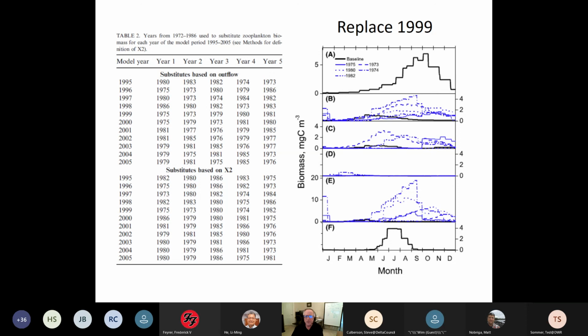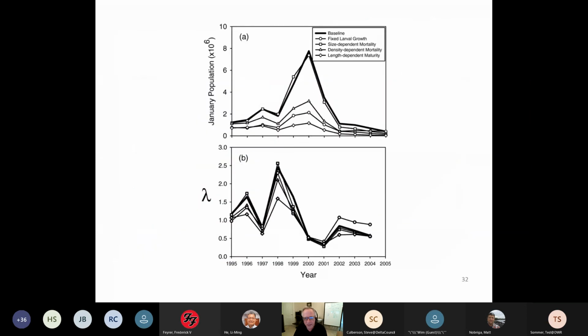So on the right, you see how we substituted. There's baseline, and if you look at 1999, we used 75, 73, 79, 80, 81, and there's 75, 73. Yeah, it's close. I don't know why 79 is not there, but oh, we're replacing 99, but 79 should be there. So the black is the 6 zooplankton groups. We now have 12, and the blue are the replacement values. So you can see now what the increase in food in zooplankton was when we looked at the old versus the present day, the 1999 values. And we get these.